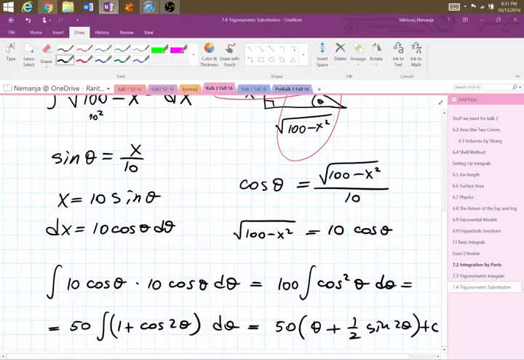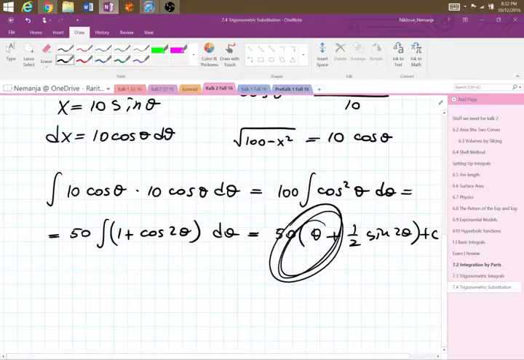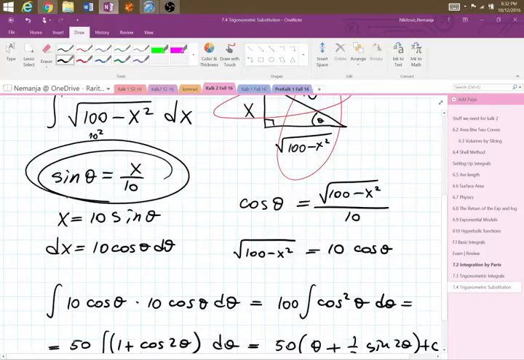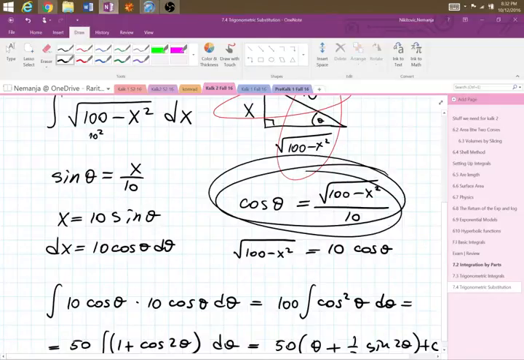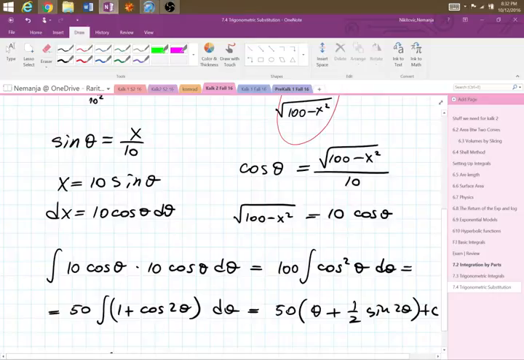And then there is this little piece of, you don't have what theta alone is equal to, but you can solve any one of these for theta by either hitting this equation here by inverse sine on both sides, or hitting this equation here by inverse cosine on both sides. So let's go. 50. Now we have inverse sine. So that's sine minus 1, or you could write arc sine of x over 10